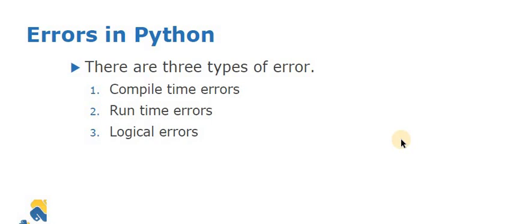Another is the logical errors. Now the most important thing is that logical errors are those errors that are not caught by the compiler, and they are generated by the logic. Logical means what? Suppose any number is divided by 0, so what happens? It throws the exception, means the number divided by 0.